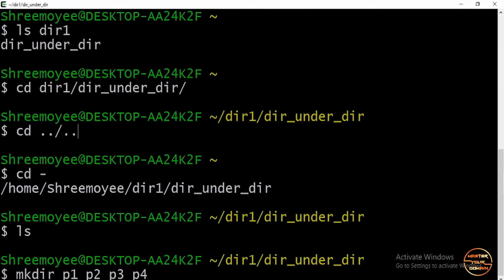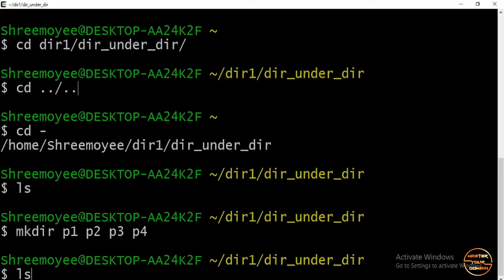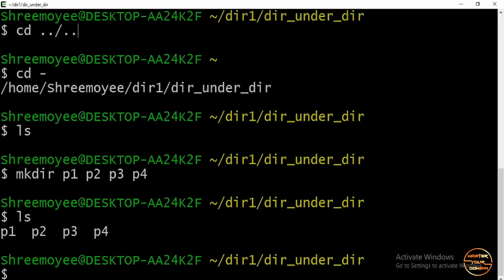If you want to make multiple directories in one go, you can just give the names of the directories separated by space, and if you want to give only one name, then just give mkdir, then space, then the directory name. Hit enter and check the contents. See, there are 4 directories.